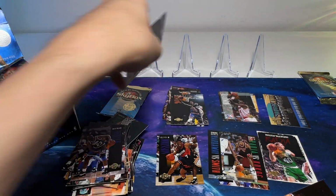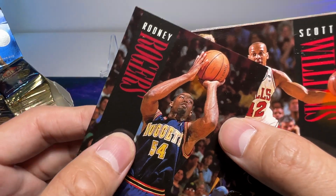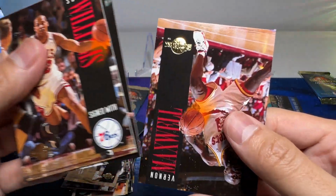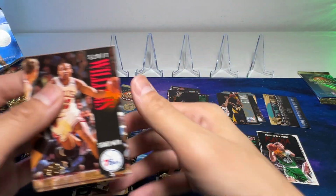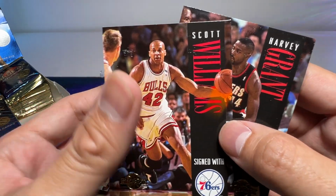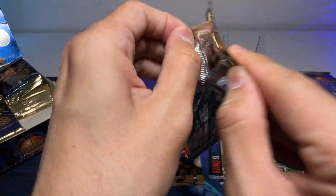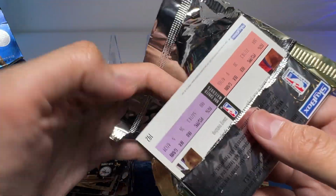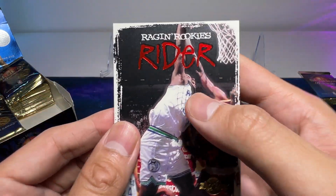But a lot of surface damage, which is quite a pity. Reggie Miller. Rodney Rogers. Dale Ellis at the back. Vernon Maxwell. Harold Ellis. I don't think there's any Jordans in this set, because I think Jordan retired or took a break during that season. I don't think there's any great cards in this set, which is why it's actually a lot more affordable than